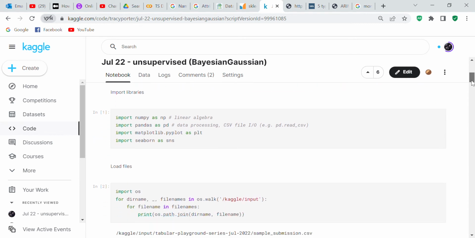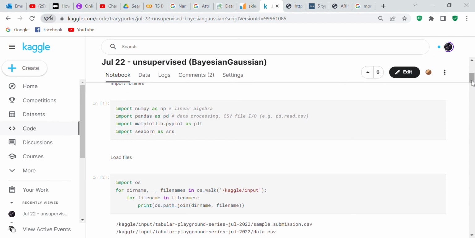That's our problem statement. So the first thing that we wanted to do was import the libraries. And so we started out with importing NumPy, which helps you do numerical computations, create NumPy arrays, and do linear algebra. We're going to import pandas, which enables you to create data frames and maintain them, and also do data processing.